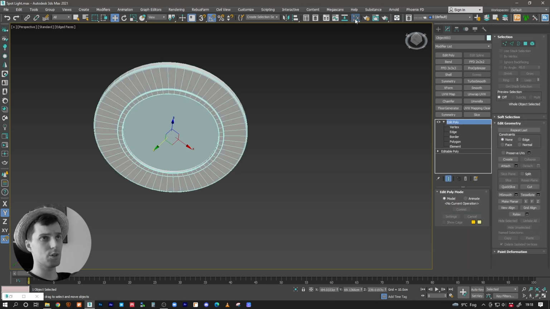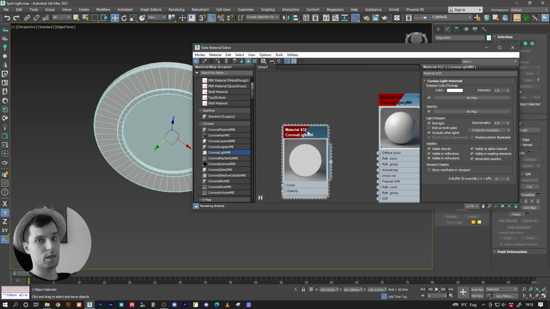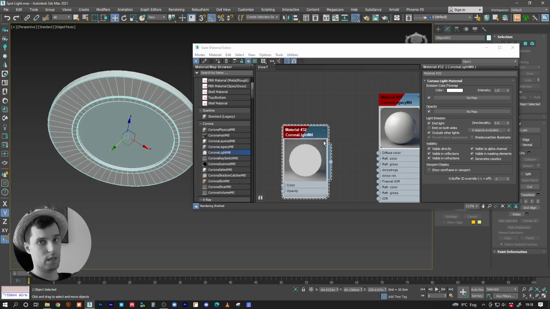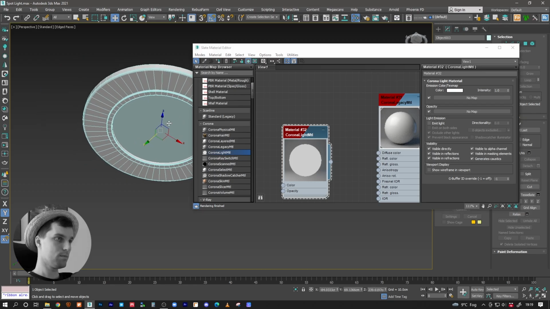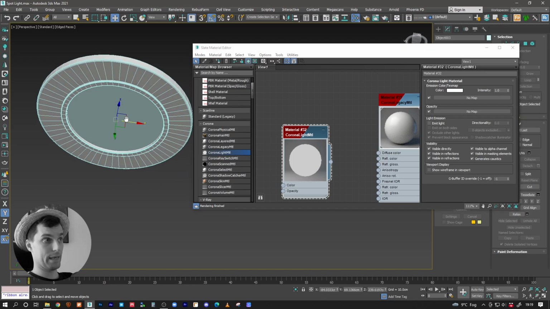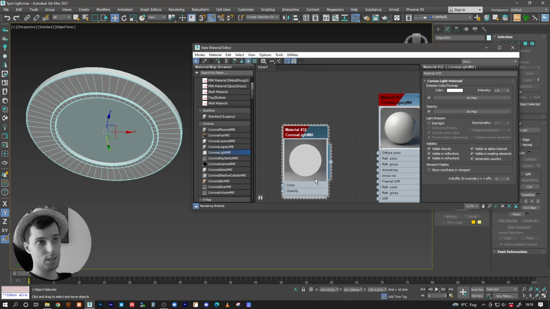The next thing you're gonna do is create a light, which is gonna be Corona light material. Now you're thinking, okay, he's gonna light the scene with this light material. No, actually I'm not gonna light the scene with this material. I'm just gonna click emit light off. So none of these are gonna be putting light samples in my scene. As you can see here, the icon is also indicating that it's not gonna create any light in my scene,